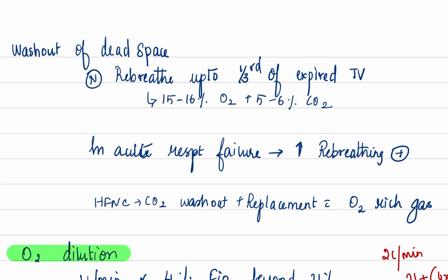And washout of dead space. What is this dead space? What we are talking about is basically an anatomical dead space and not a physiological or pathological dead space. Here normally we rebreathe about 1/3 of the tidal volume that we breathe out. The oxygen that you take in from your environment, 21%, is 2/3, and 15 to 16% of oxygen in your dead space, along with 5 to 6% of carbon dioxide, is what actually goes back in. So in respiratory failure, this rebreathing increases. We do not want this to happen, which is why when you add HFNC, it's going to wash out all this,